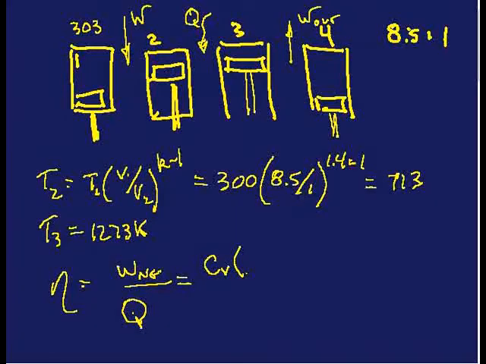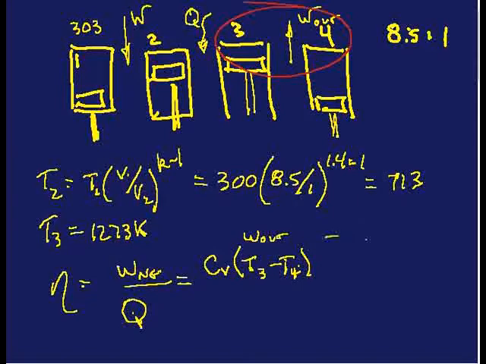times, if you do the energy balance between 3 and 4, you'll get Cv times T3 minus T4. And then the work, that's work out, minus work in, and that'll be your energy balance between 1 and 2. Work in comes out to Cv times T2 minus T1,